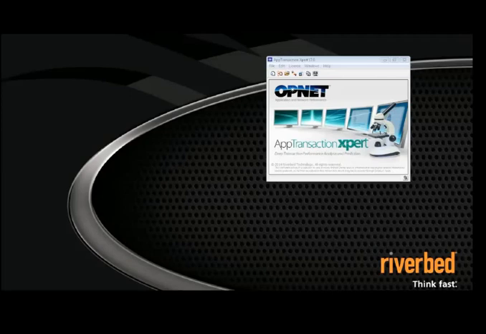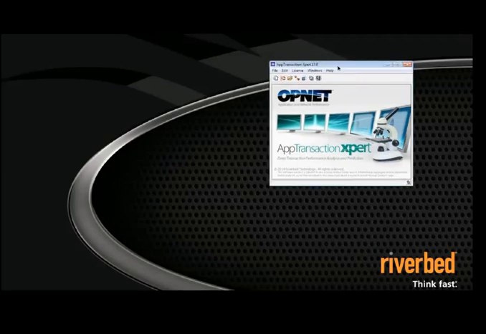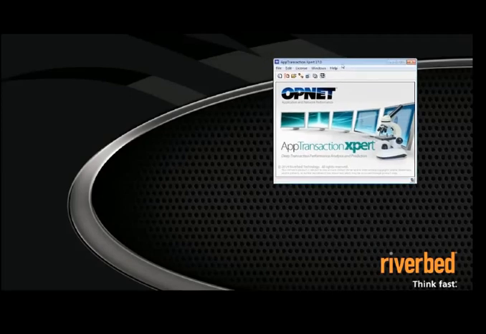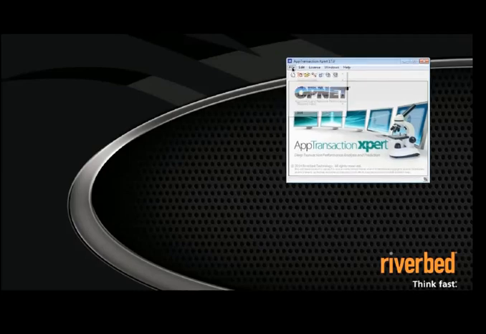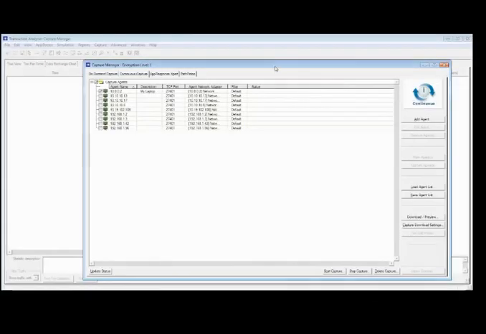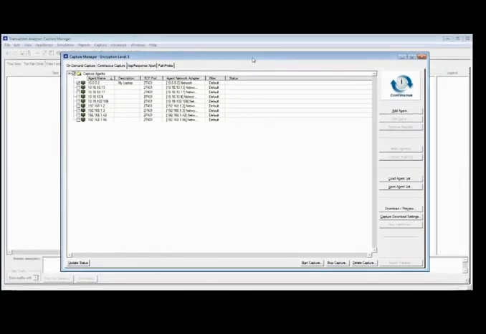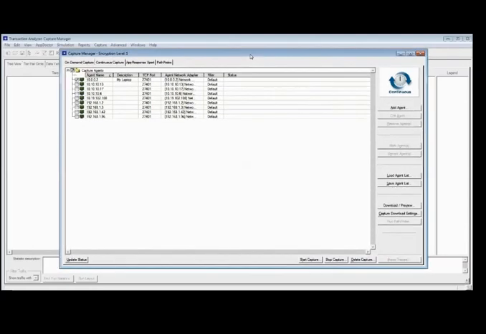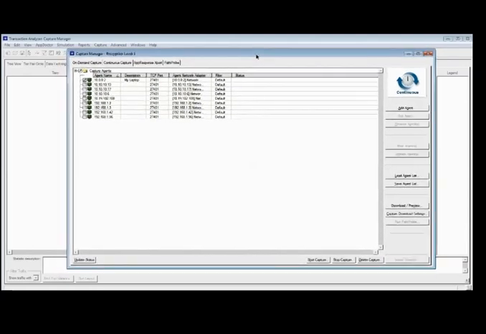So to get to continuous capture, we once again start with the Transaction Analyzer user interface, and we start with the File menu. From the File menu, we're going to launch the Capture Manager. And if you watched my first session on on-demand captures, the Getting Started session, this probably looks very familiar to you. So far, the steps we've taken to get into continuous capture are the same as what we took in